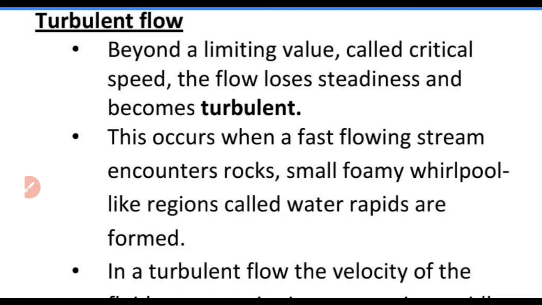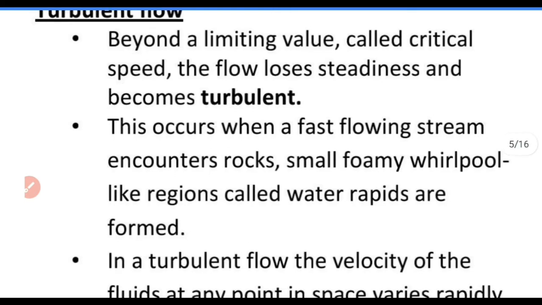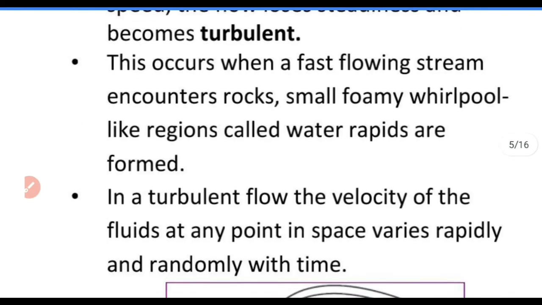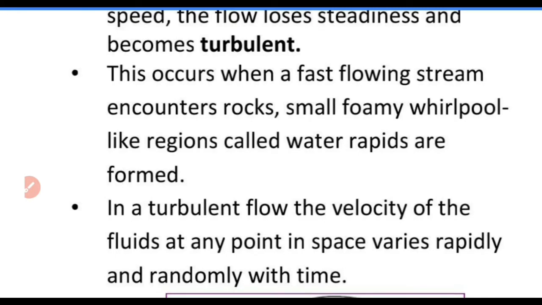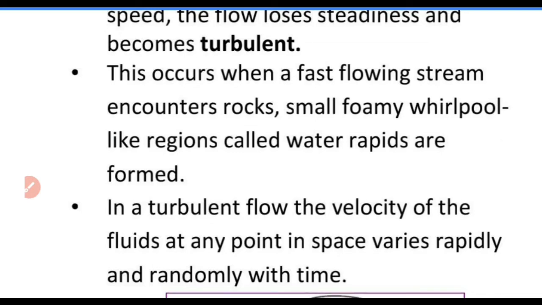So that type of flow we call turbulent flow. And there is the critical speed. That critical speed decides whether the flow is laminar or turbulent. In a turbulent flow, velocity of the fluid at any point in space varies rapidly and randomly